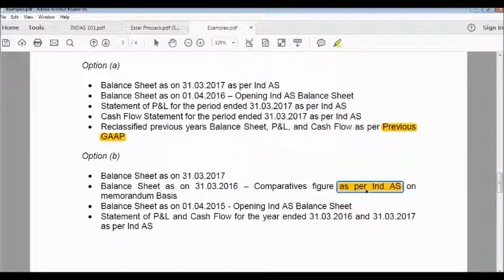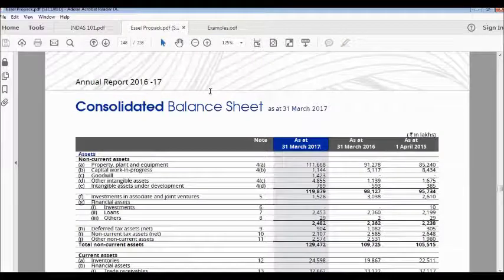So if you are applying Ind AS to the previous year figures also, you have to prepare the opening Ind AS balance sheet as on 1st April 2015, and then the statement of profit and loss and cash flow for the year ended 31st March 2016 and 2017 as per Ind AS. So this is a live example of SL